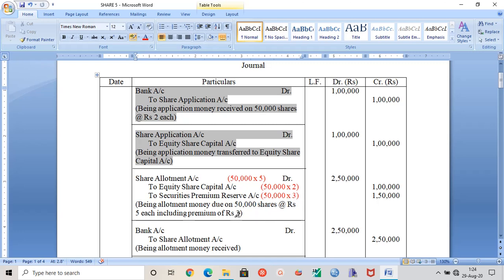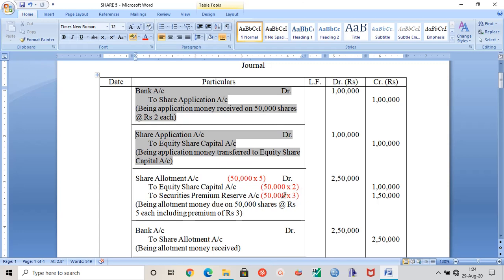So total amount of allotment is rupees 5, out of which 3 rupees is for the premium. So what is the actual amount of allotment excluding premium? That is rupees 2, okay? 5 minus 3 will be 2. So this is how you make the entry here, okay? On allotment 5, so this 50,000 into 5, the total amount, and in equity share capital rupees 2 will be transferred, and this SPR,